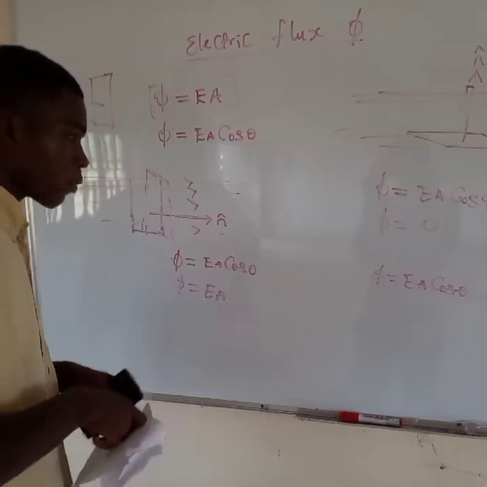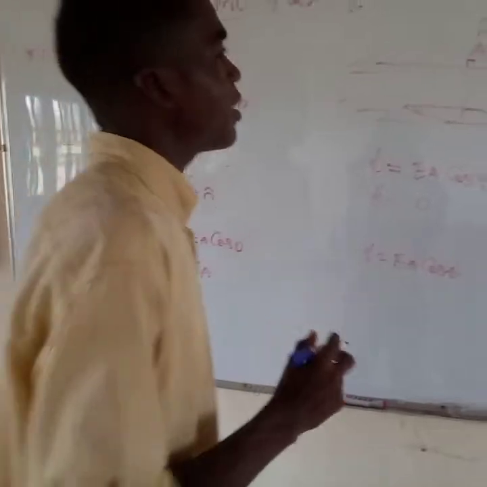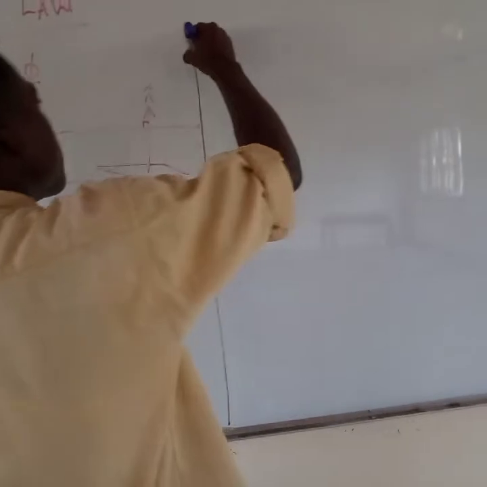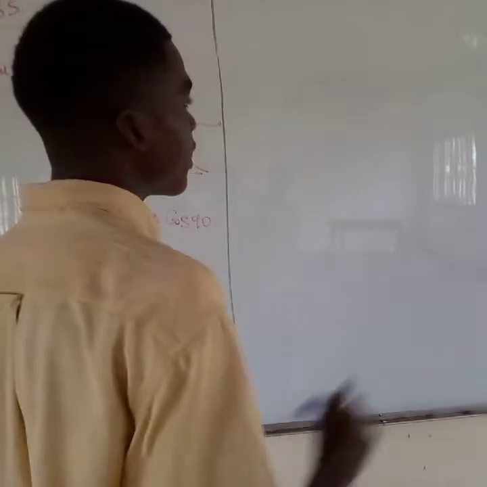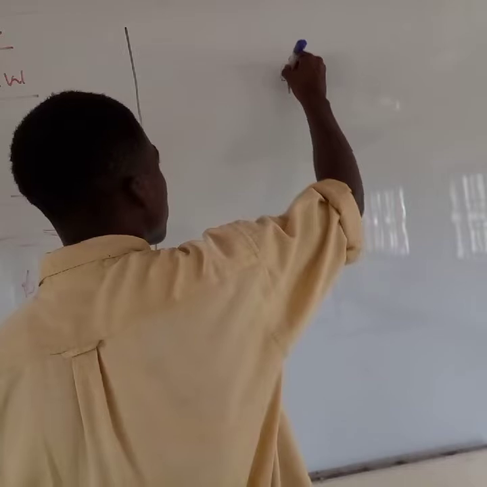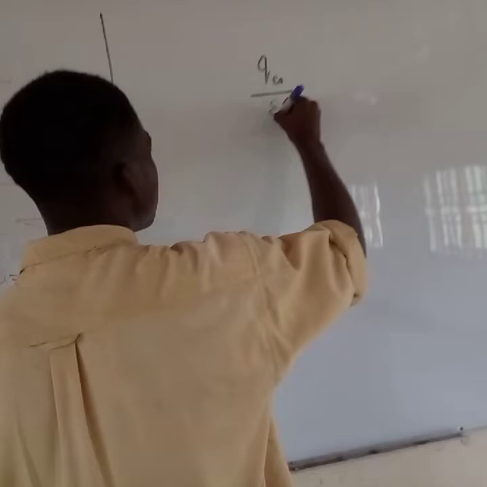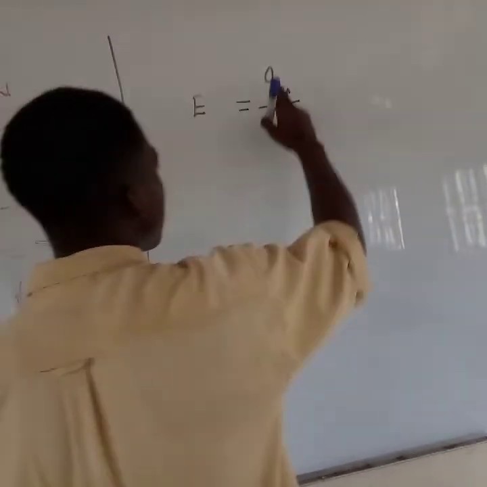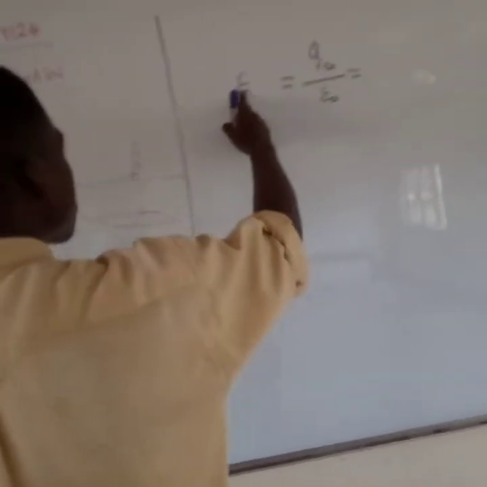Now let's talk about Gauss law. What is Gauss law? Gauss law states that the electric flux passing through an area is equal to the charge enclosed, Q enclosed, divided by the permittivity. So it means that the electric flux passing through an area is equal to charge enclosed over permittivity. We already know that E,